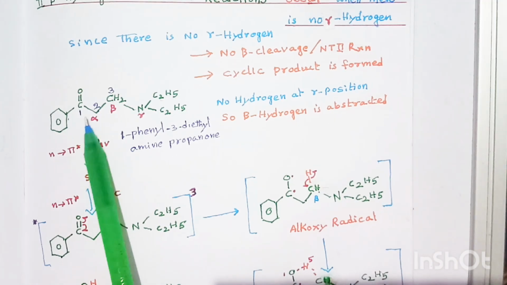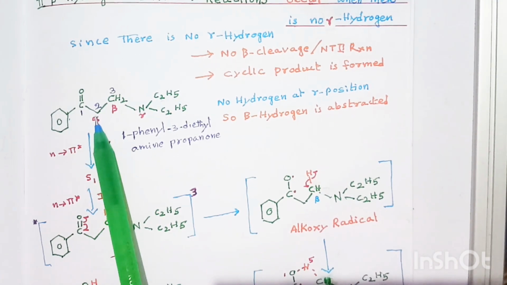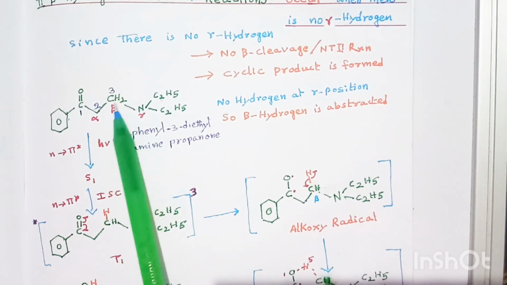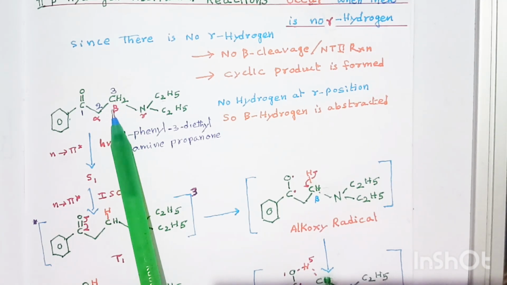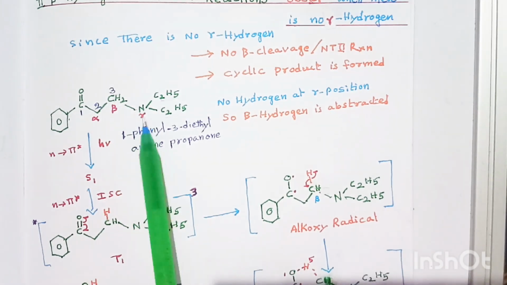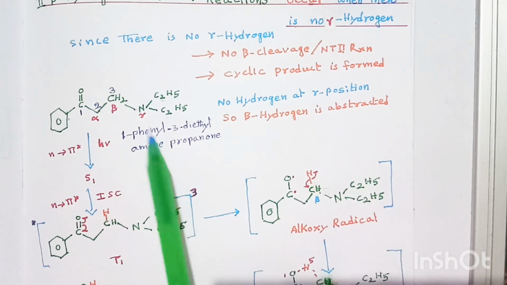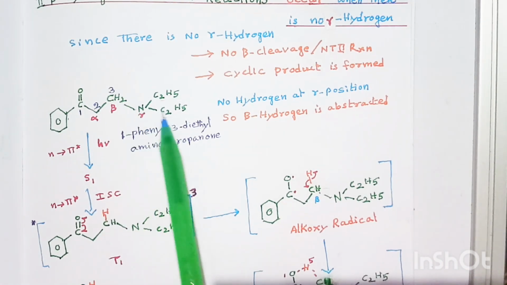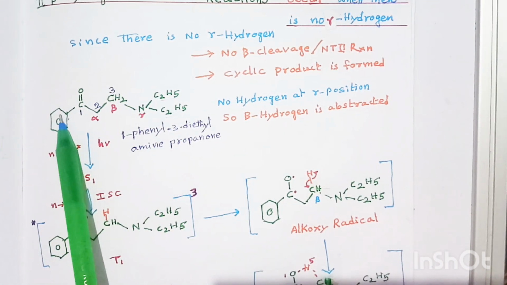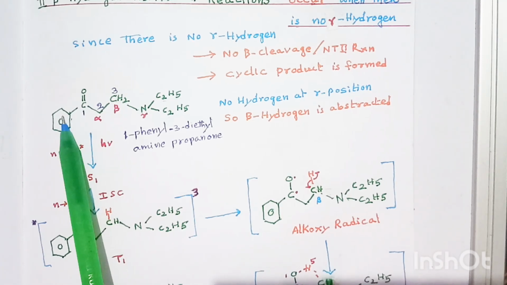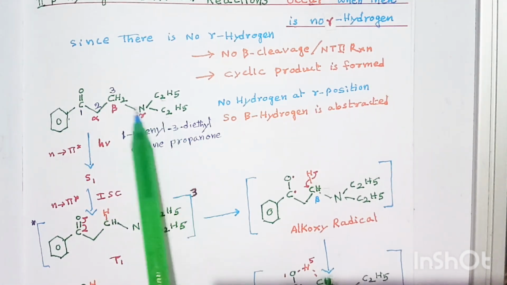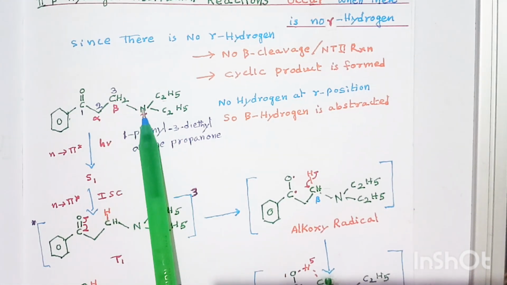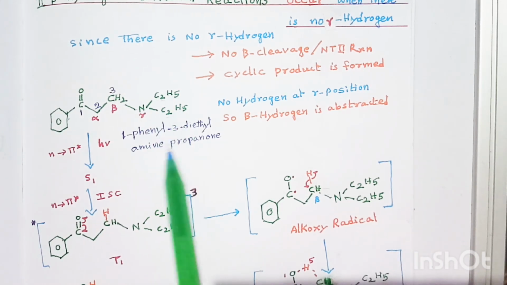So, the second carbon is the alpha carbon, the third carbon is the beta carbon. To the beta carbon, nitrogen is attached. So, we call this 1-phenyl 3-diethyl amine